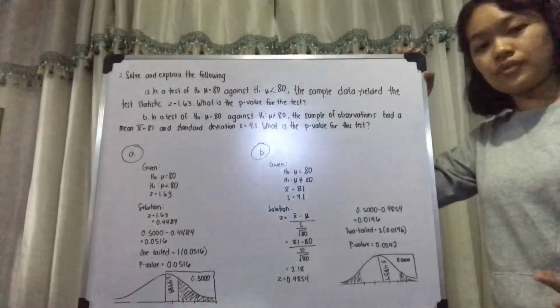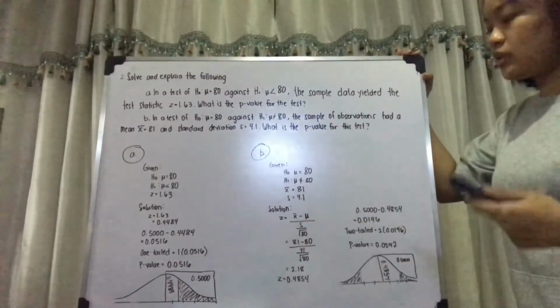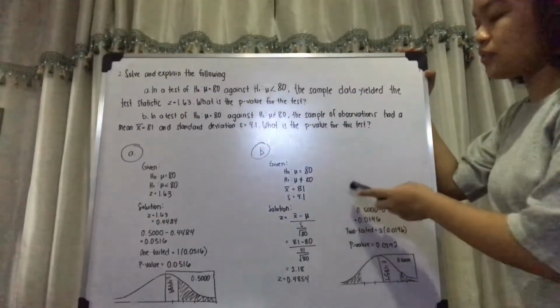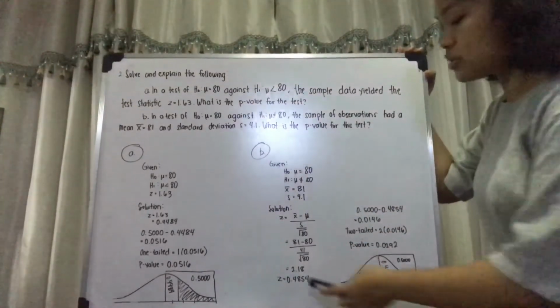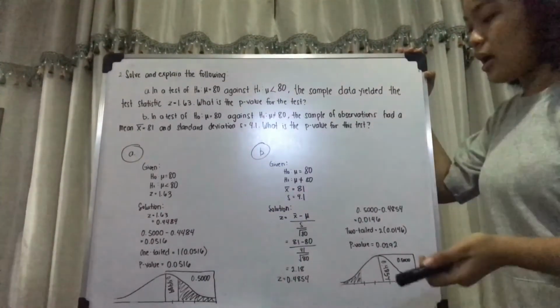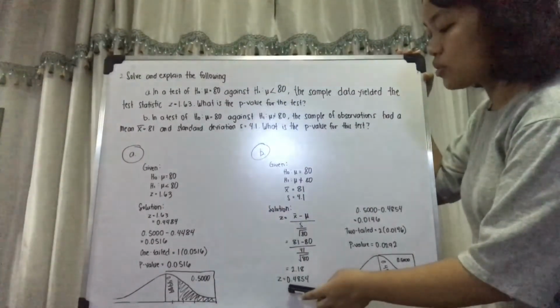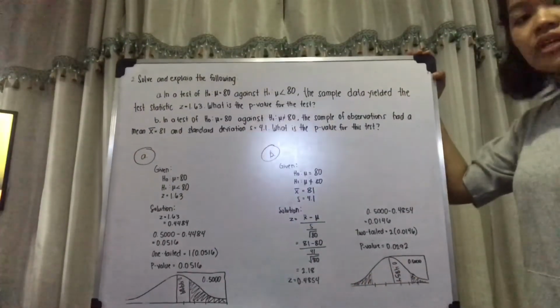Now, in order for us to solve for letter B, here we have our given values, and since we don't have the value for z, we will solve for it using this formula right here. We will then substitute the given values to their corresponding variables and then simplify, which is then equal to 2.18, and according to our z-table, our z-value will then be 0.4854,